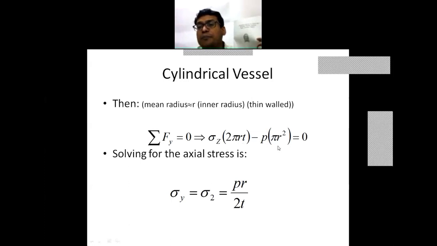And that is being balanced by the pressure which is acting on this surface, this circumference के ऊपर अंदर के एरिया में जो एक्ट हो रहा है, that pressure, that is p pi r square. So by simplifying, you will get this sigma 2, which is p r upon 2t. This is also equal to the p d upon 4t,